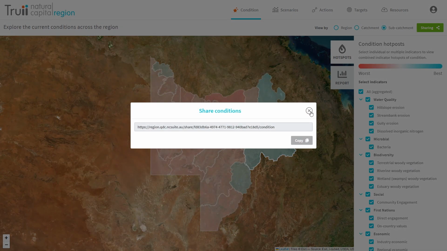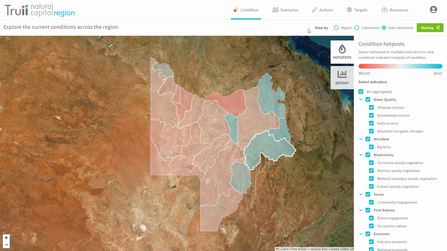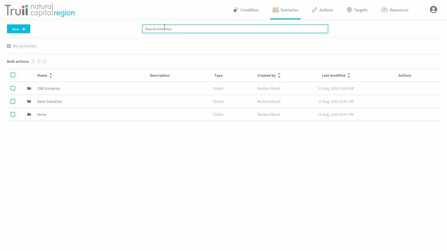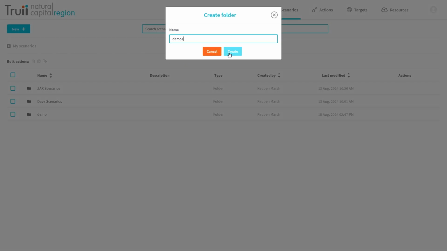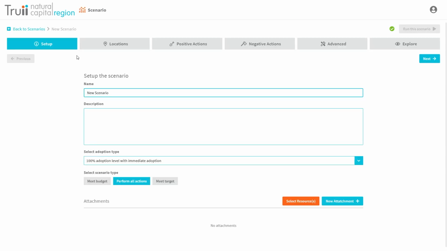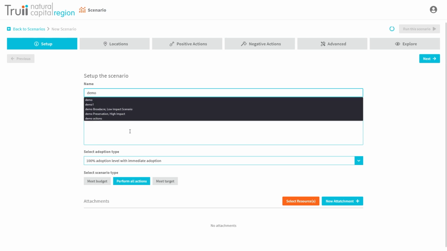Next, you can navigate to the Scenarios tab by clicking the icon in the top right. From here, you can create a new folder or a new scenario. To create a new scenario within a folder, select the blue New button in the top left, then select Scenario. Within the Setup menu for a scenario, you can give it a name, a description, an adoption type, and a